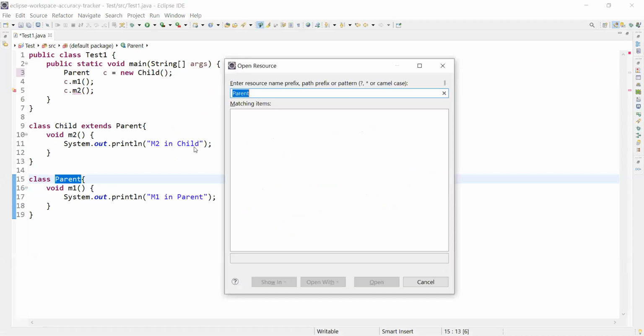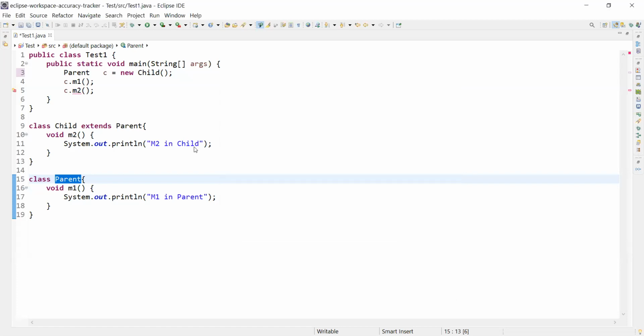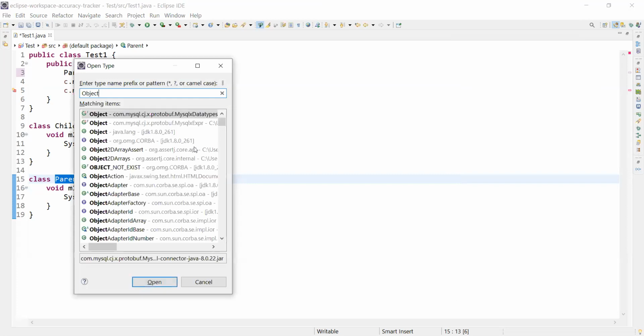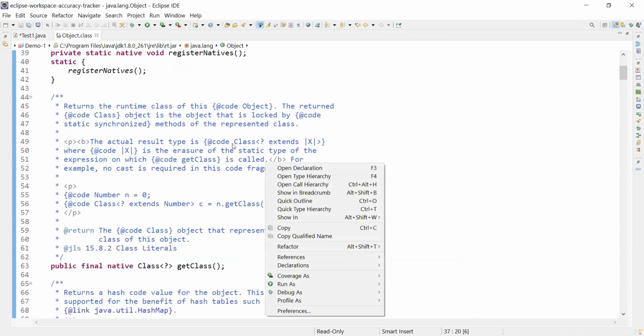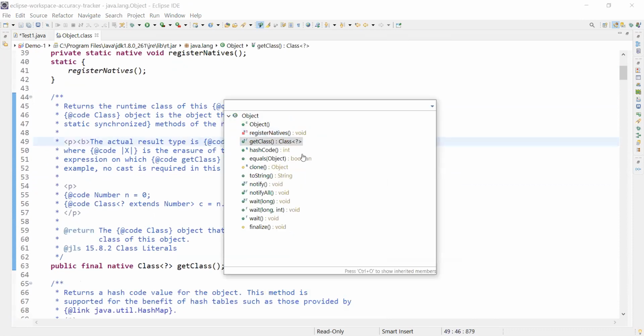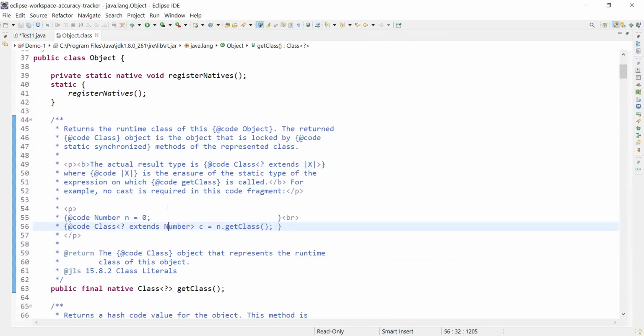So we have a class called Object first of all. This is the Object class we have, right? In this class, you can see there are a number of methods like registerNatives, getClass, hashCode, equals, clone, toString, notifyAll, wait, finalize, right? So these are the methods available inside the Object class. Okay, now let me open Throwable.